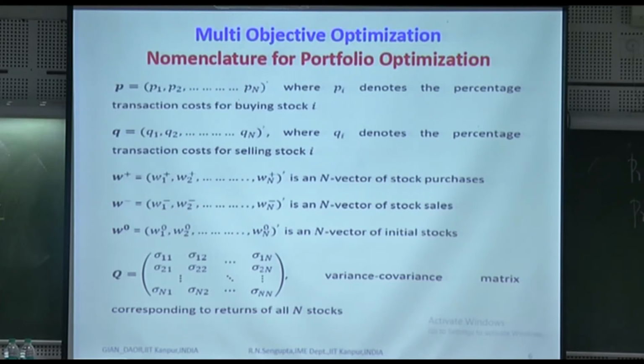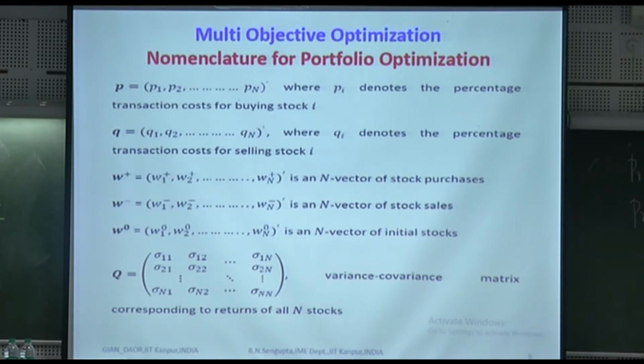So if I don't purchase any stock, W plus is all 0 values, and if W minus is I am buying about 20% for each stock, W minus would be all 0.2 for all the cells. And this W naught is basically the initial value or the nominal value, which I mentioned for the robust optimization case, for the values based on which I am trying to do the optimization.